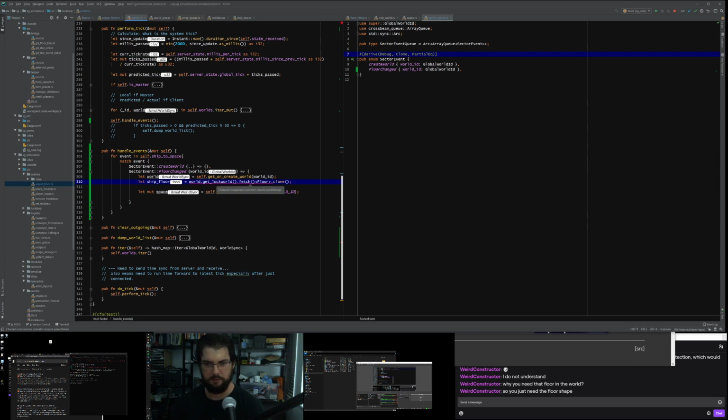Why is that unhappy? It's complaining that I haven't got two colons there like this. And I don't need these brackets here, I need to put them over here. Okay. So now we've got a ship world cloned.